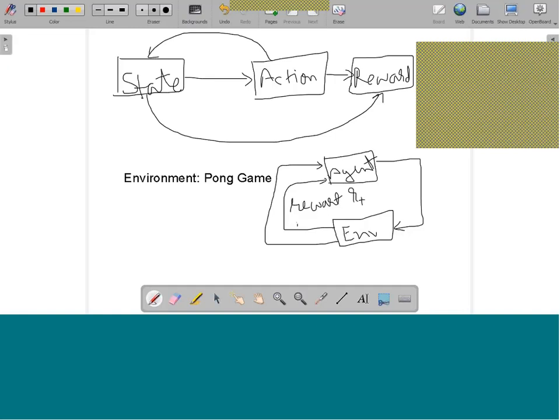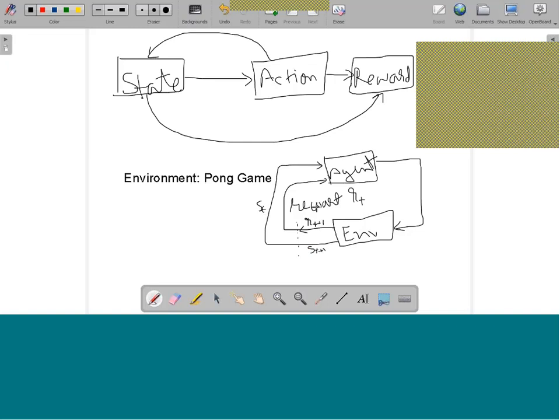So for the next time I'm drawing this line. This is the second thing we are getting, so I am writing t plus 1. It is not very clear, but you can see R_t+1, and here I will write S_t+1. What is S? State. Previously it was S_t, the state S_t, and this S_t is given to the agent.